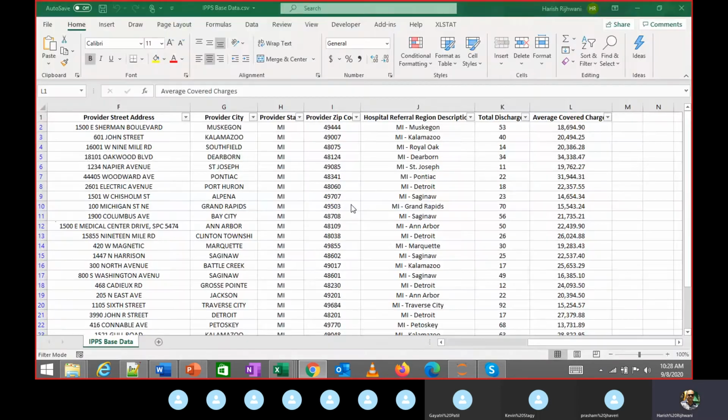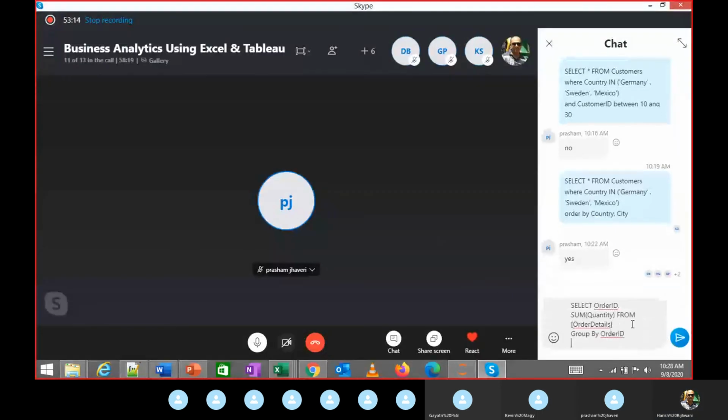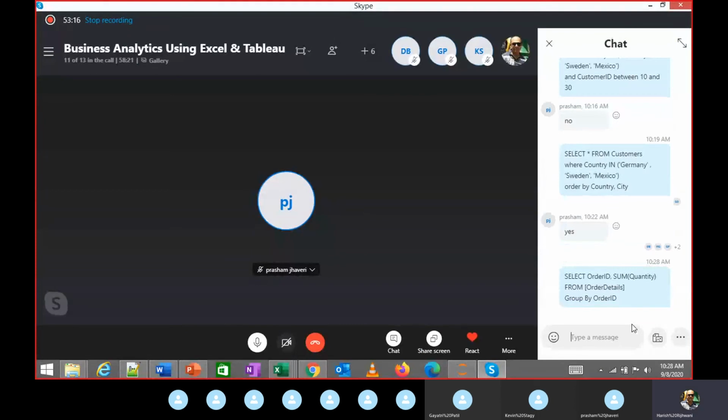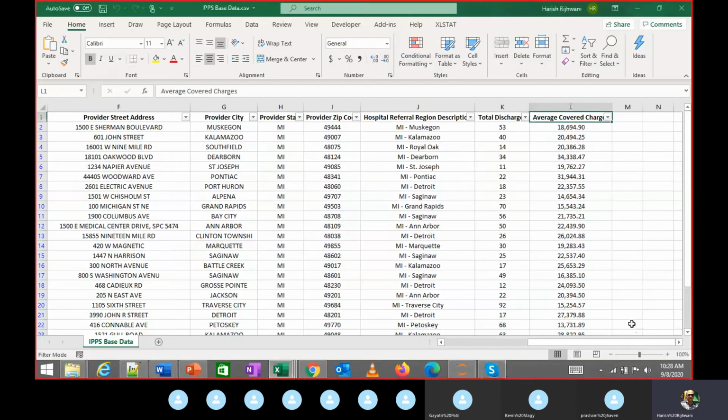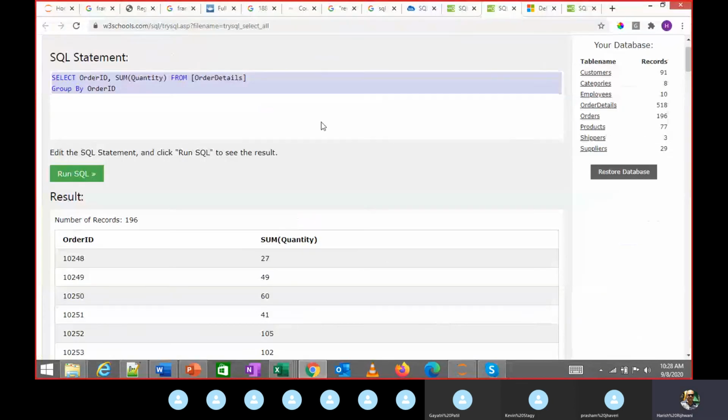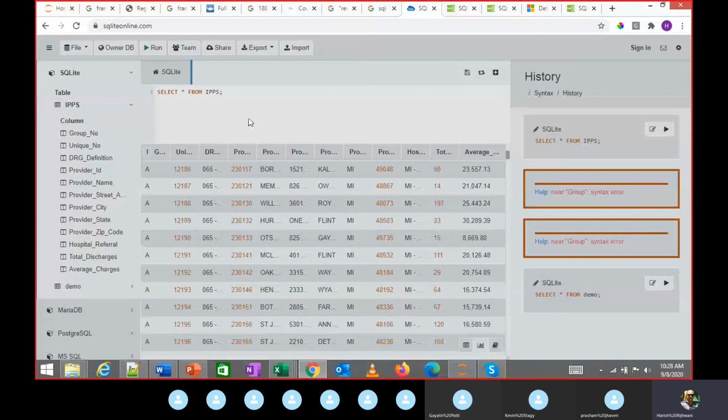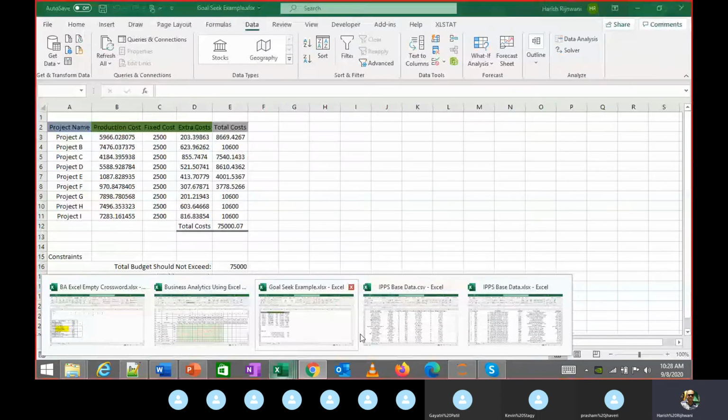We're going to look at some more clauses next time. On this site, SQLite Online, we will load our IPPS data and write a query to create the report that we had created in Excel.